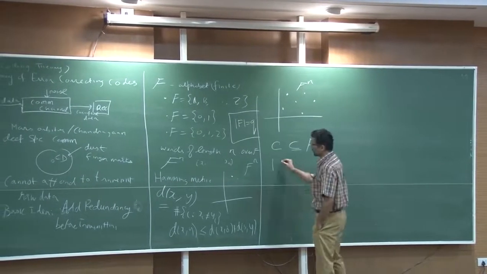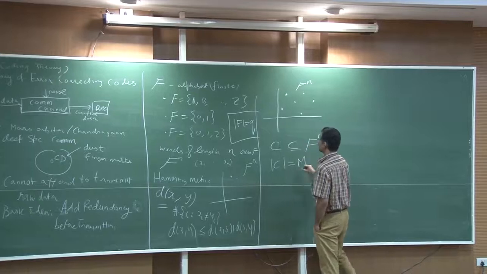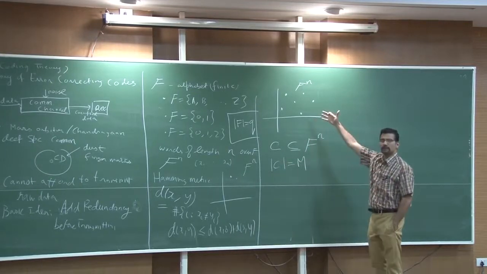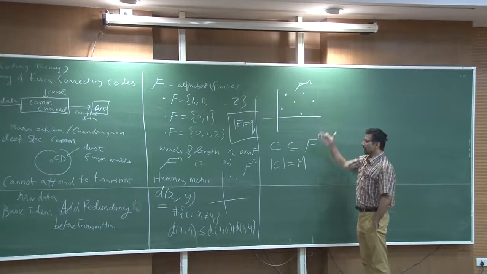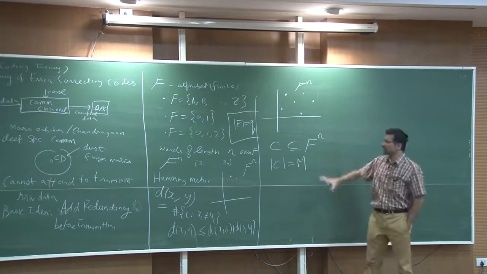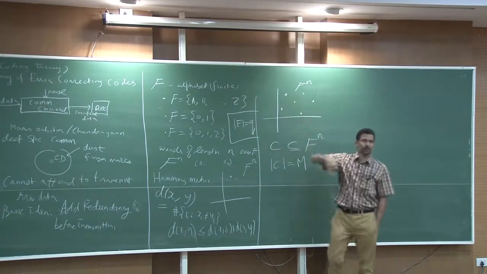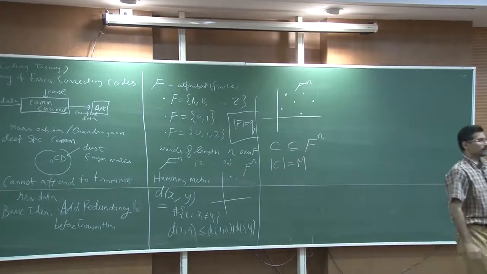So the size, okay, you can give a name to this. The size of this set, a subset of F to the n, let us call it m. So these are these m words which are called code words. This is what you transmit, and